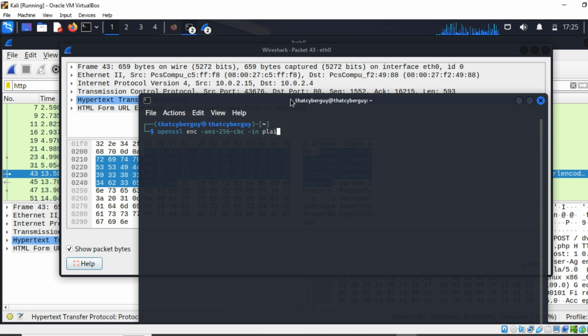So for example, you can call it plaintext.txt, -out, encrypted.txt. Like this, if you were to just encrypt a file called plaintext.txt that has data in it, you can just output it as